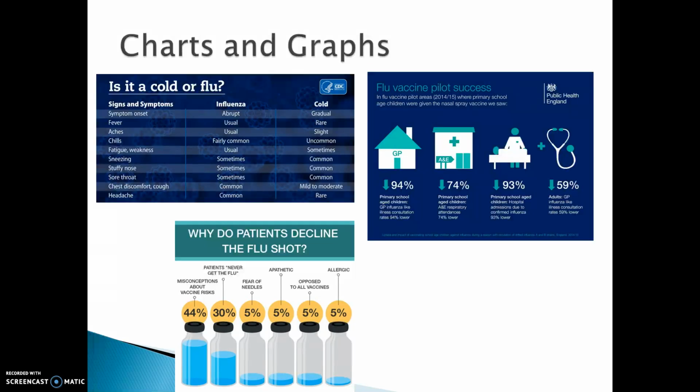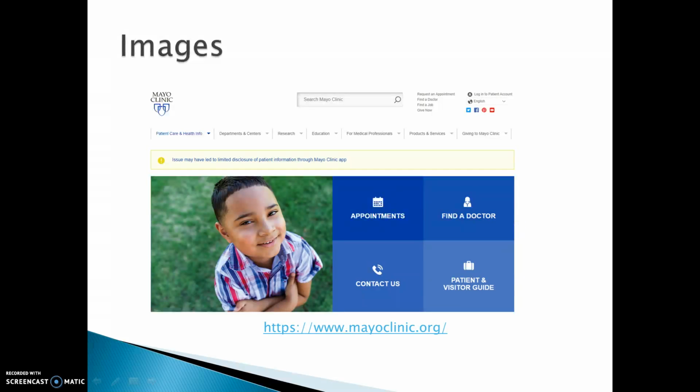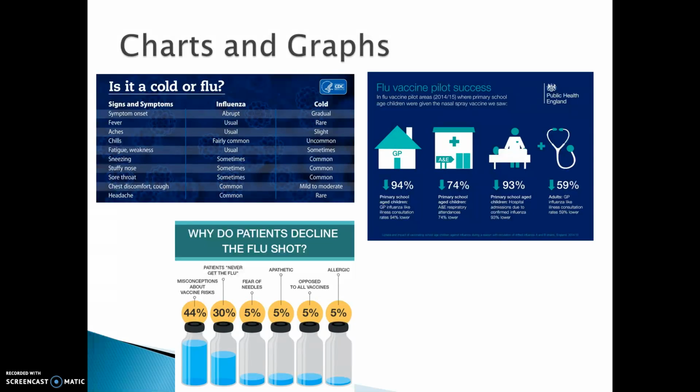Lastly, the flu vaccine pilot success. So once again, this is taking numerical data and putting it in a fun way for our patients to see. So primary school age children, GP influenza-like illness consultation rates 94% or lower. We have the primary school age children that go to the hospital. And then the final there on adults. So once again, it's taking a lot of numerical data, but it's making a fun visual for our audience to